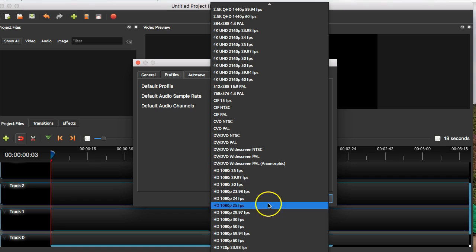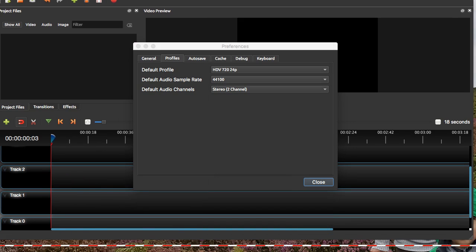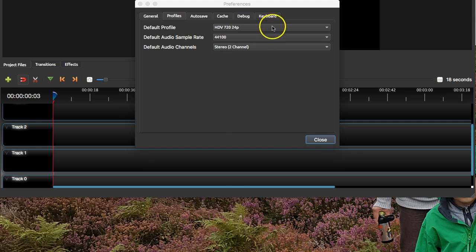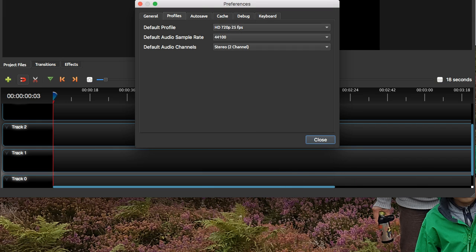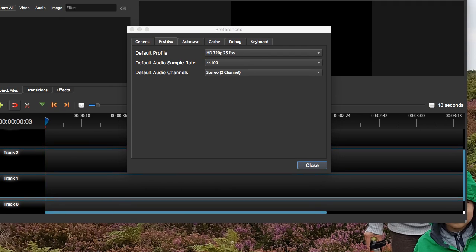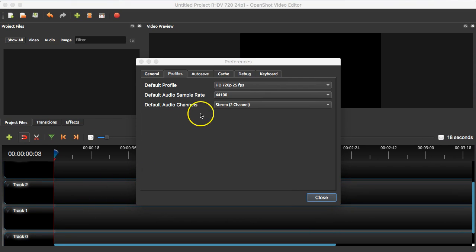So for the purposes of this, I'm going to set a HD. Actually, I'll set it at 720. If I just pull that down a little bit, you might be able to see what I'm doing there. If I set this to a 720, 25 frames a second project, that should do us. So if we have that,